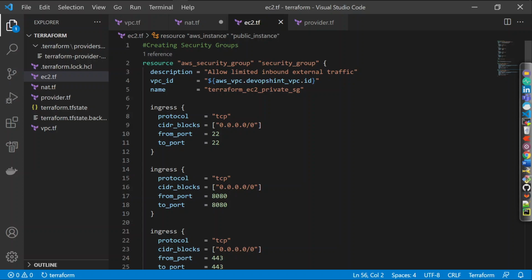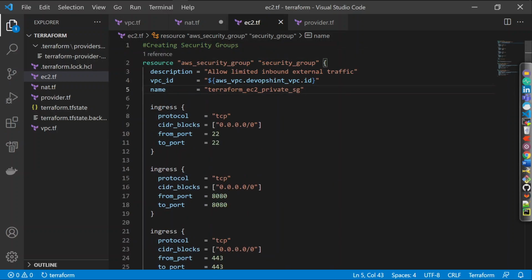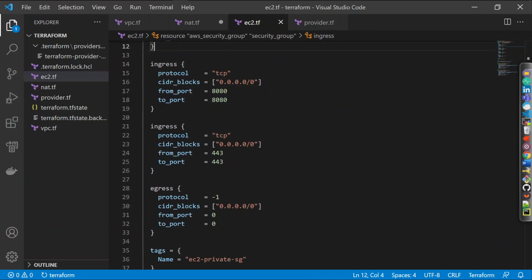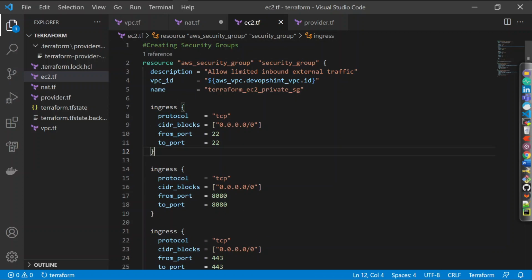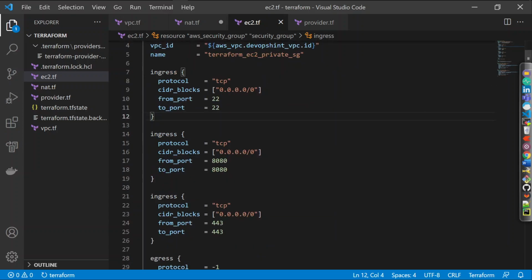So here you can see the resource aws_security_group. This is the description, meaning you can give any description, like I have given allow limited inbound external traffic. Then the VPC ID, then the name for the security group, and then the ingress and egress, meaning the inbound and outbound traffic. We have to check whether we have port 22 and 80. I have given them as per my requirements. You can give any, you can just keep 22 also in the ingress.